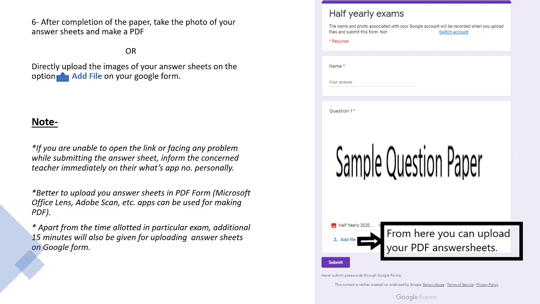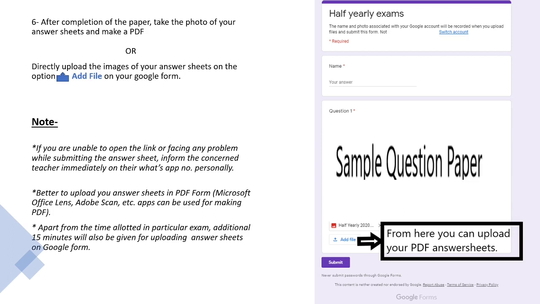From there, you can upload your answer sheet in PDF form also or the images also. Please note, if you are unable to open the link or facing any problem while submitting the answer sheet, inform the concerned teacher immediately on their WhatsApp number personally.